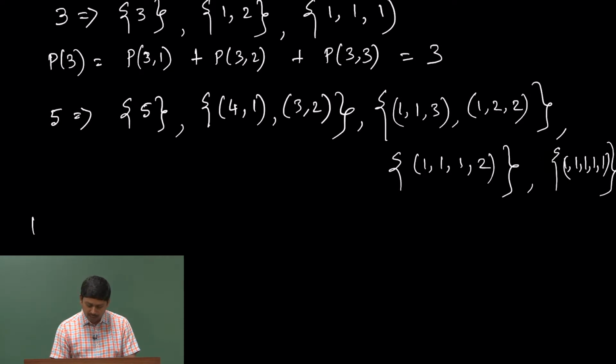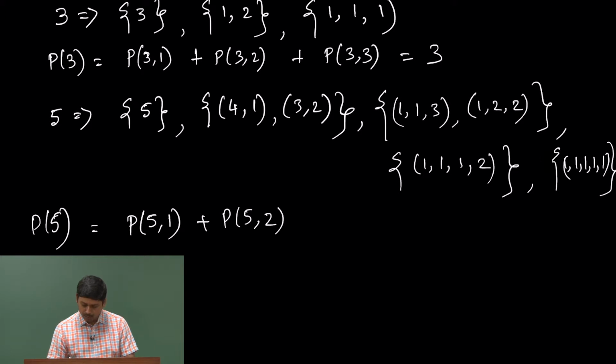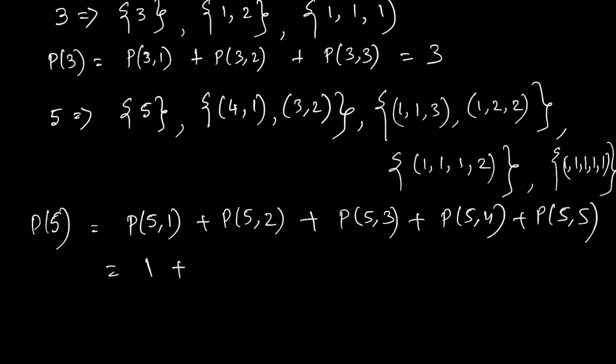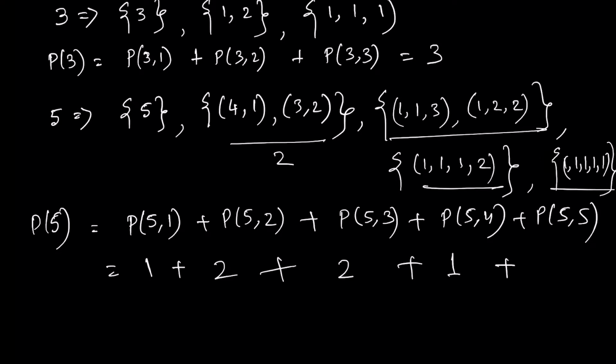So, that means I can write P 5 as the sum of phi 1 plus phi 2 plus phi 3 plus phi 4 plus phi 5. Now, phi 1 I got as 1, phi 2 as 2, phi 3 as 2, phi 4 as 1, and phi 5 as 1. So, 2 plus 1 is 3, 5, 6, 7. So, P 5, that means 5 integer can be partitioned into all possible ways in 7 possible ways max,